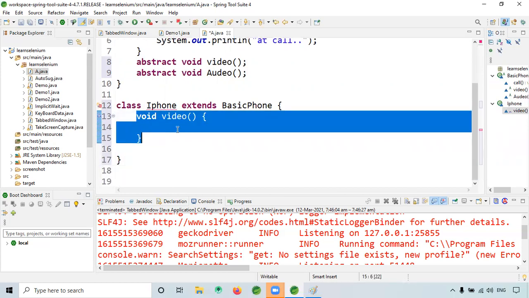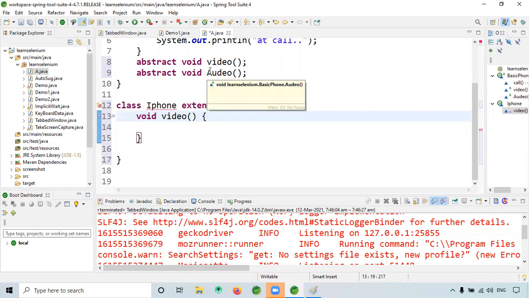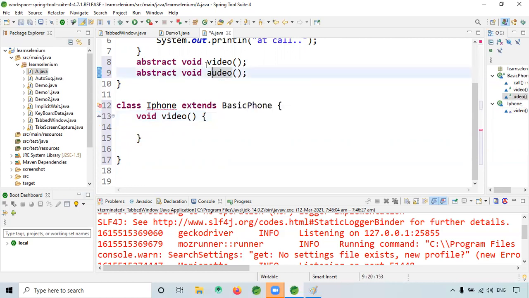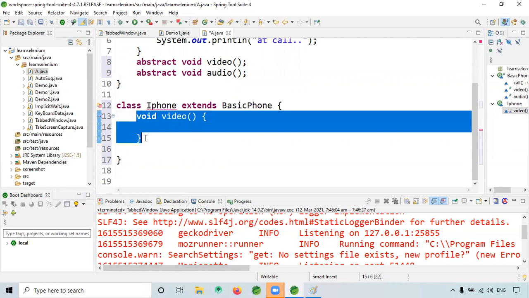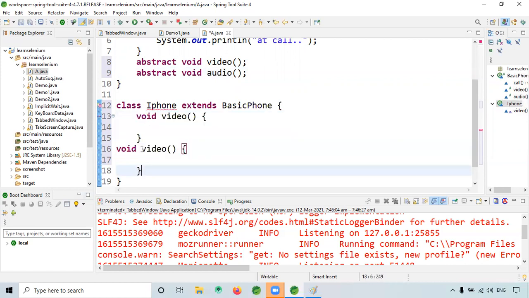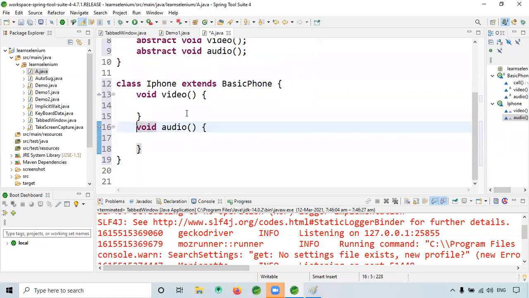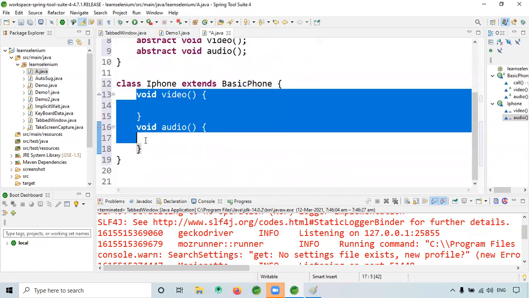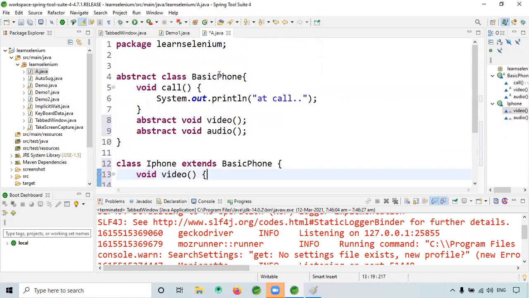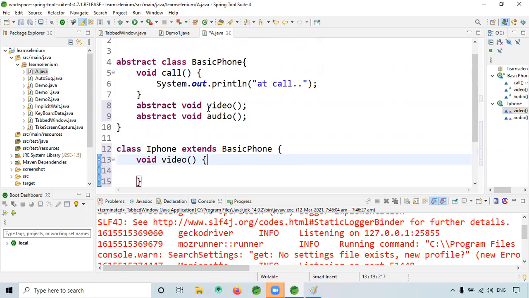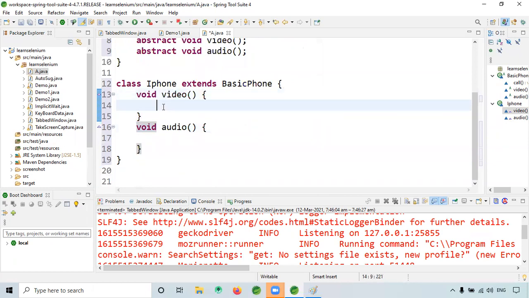So you completed video, this is small letter. Like this, you can either complete the methods, or let's say for video, you have the implementation details.